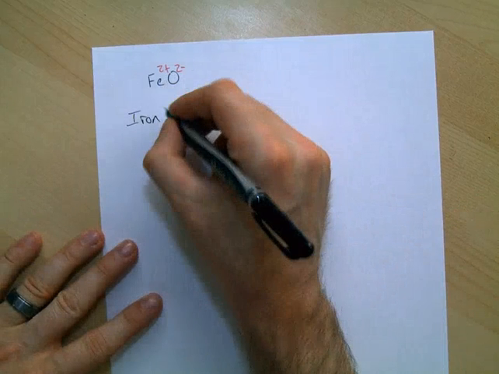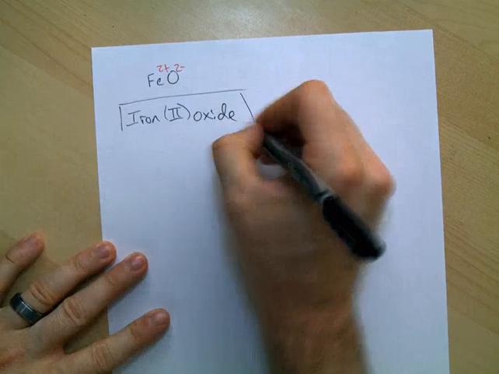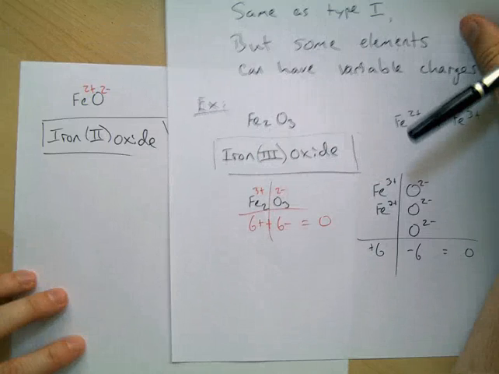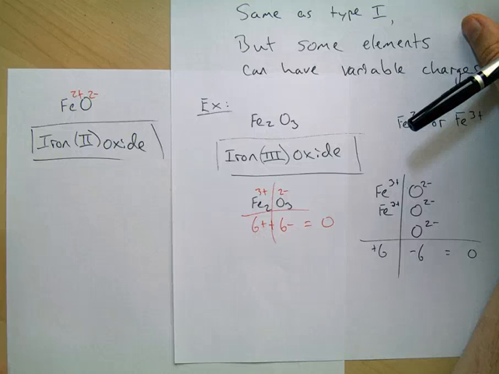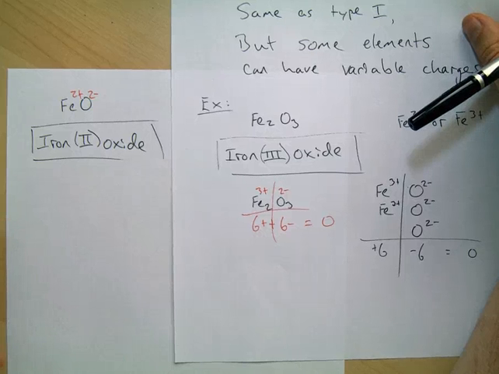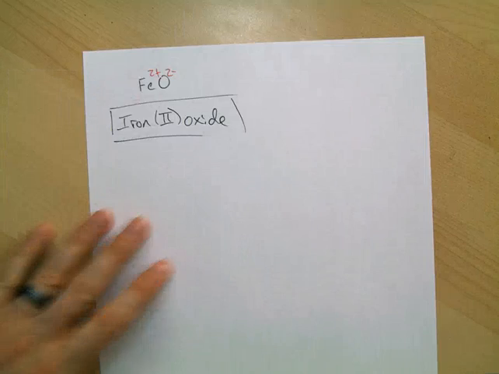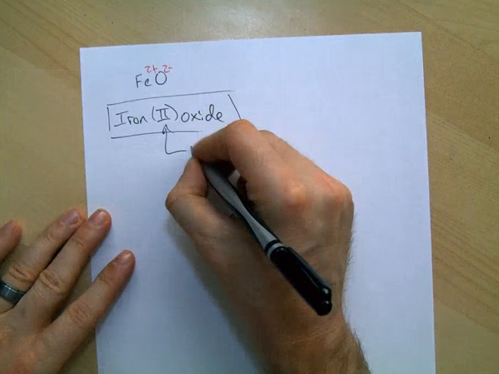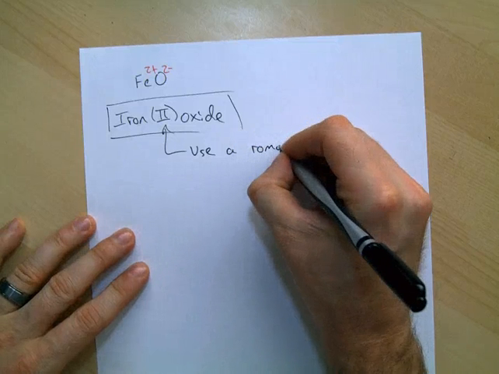So this one's going to be positive 2, so I use a Roman numeral. And that is the difference between the two types of iron and the two different types of formulas that you get from these two different types of iron. So it's really critical that you remember which ones we have to pay attention to with these Roman numerals. So the rule that we need to remember is that you're going to use a Roman numeral